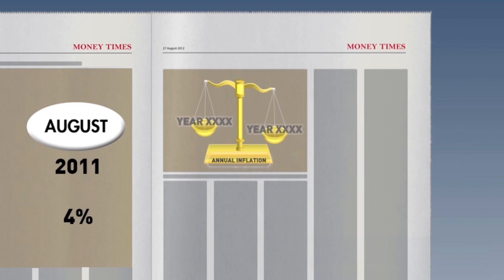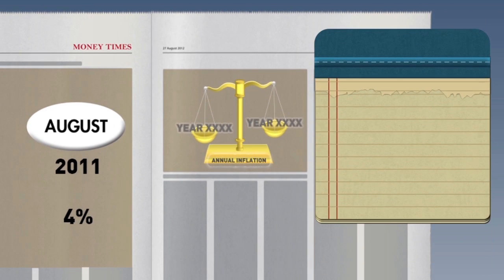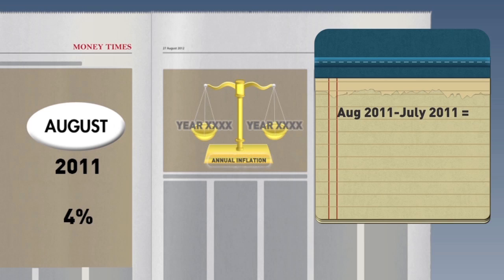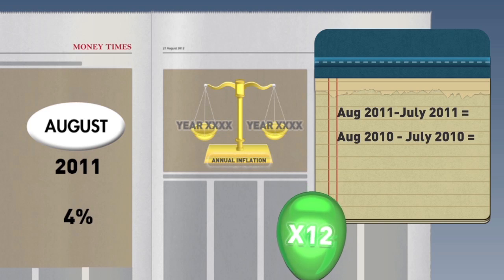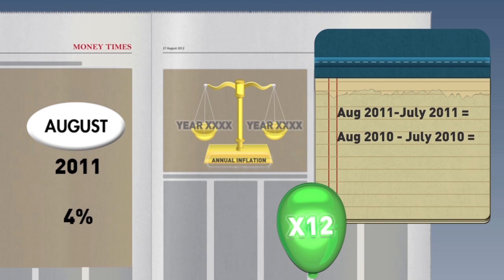This allows a comparison of estimated annual inflation for any 2 years at the same point in time during the year. Both the 4% rate and the 2% rate are based on the change in prices from July of 2011 and 2010 respectively. This monthly change is then annualized,